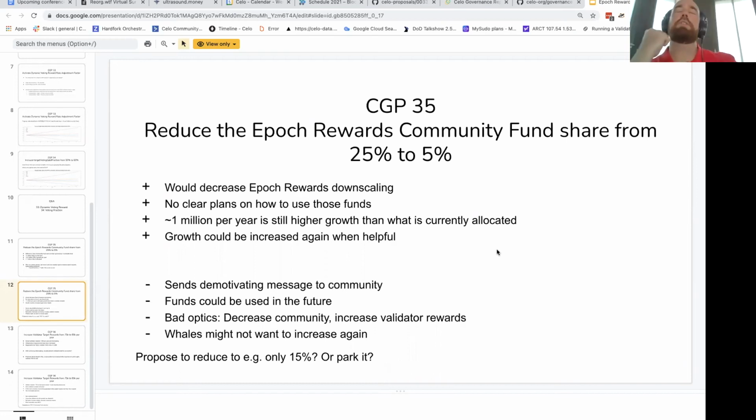Yeah, I just had a question. Oh, sorry, go ahead. Whoever was. Just wanted to add a piece of information. If I remember correctly, the community fund is bigger than it should be because it's growing in proportion to the Epoch Rewards that we have been overspending over the last year. So from that perspective, in my opinion, it makes sense to reduce it a little bit to catch up to the original target. So wanted to see what you think.